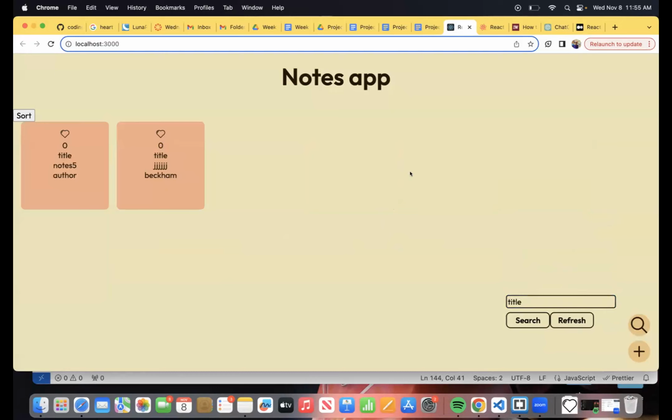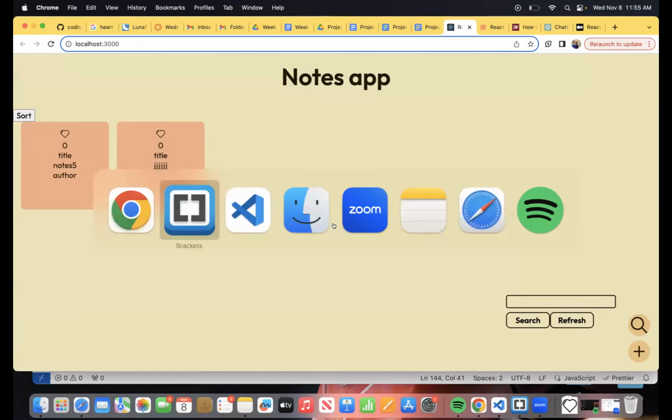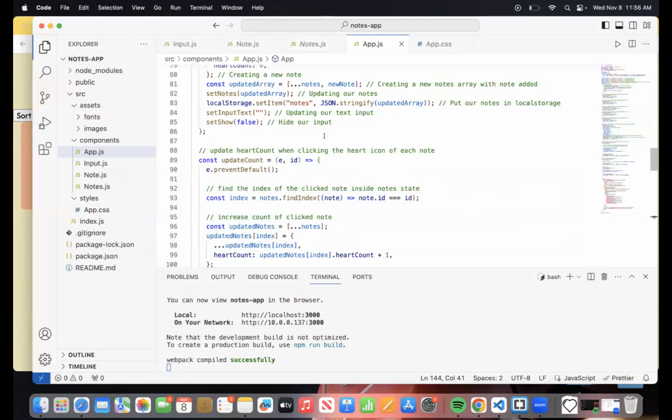So it kind of filters out the whole thing based on our search, but there is literally no way to go back. Even if I do this, I can't go back because the local storage is storing all that inside it. So now comes the refresh button into play. So for this, I believe similarly, just like the searched version, we have to add a function for the previous notes, right? So let me do that.